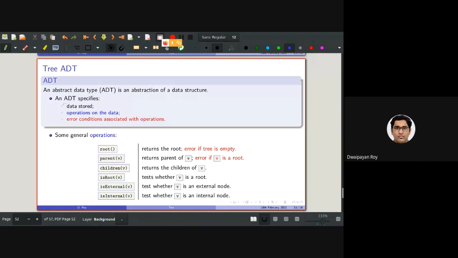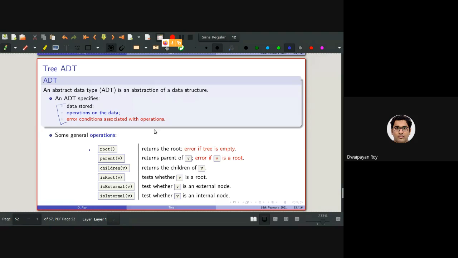For primitive data types, the items that can be stored are defined by the libc, or the C library. But for an abstract data type, we need to define some mechanism to handle the specific components of that abstract data type. For the tree abstract data type, the corresponding operations are generally these 6. And there will be some others as well, which we'll discuss further, specific to some types of tree.